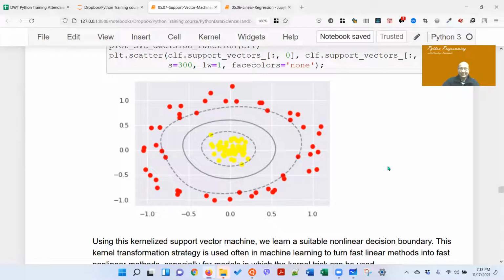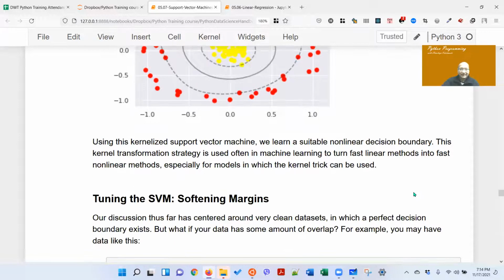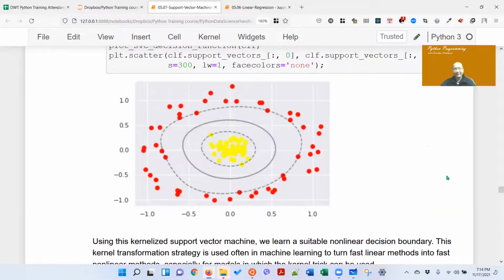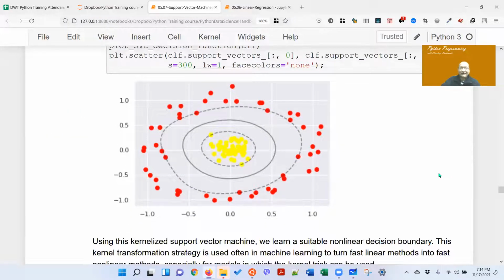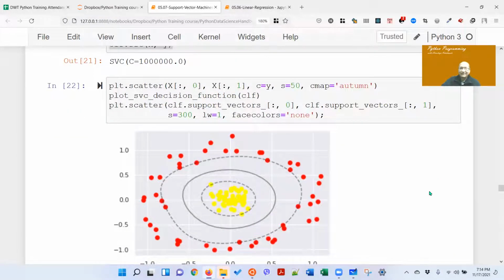okay so using this kernelized support vector machine we learn a suitable nonlinear decision boundary, right. This is nonlinear. This kernel transformation strategy is often used in machine learning to turn fast linear models into fast nonlinear models, especially for models in which the kernel trick can be used. Right, so very powerful yet so simple, right. So simple, है कोड हेर्नुस् त कति।